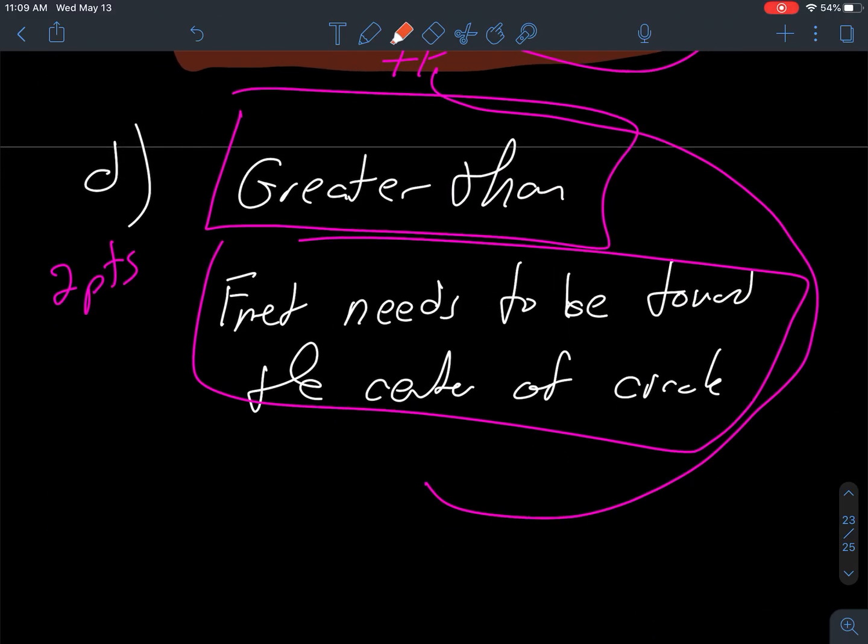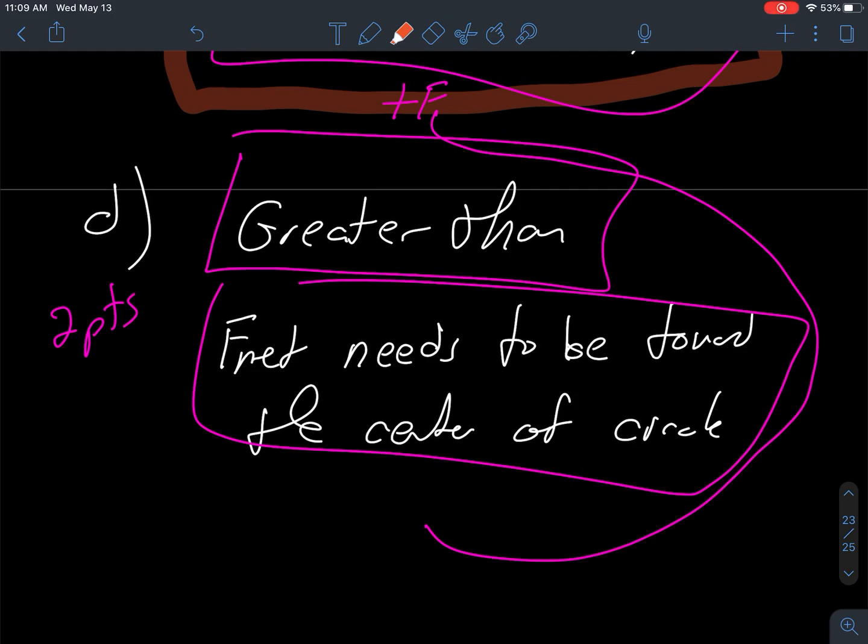And the last part, which was kind of easy if you got the other ones right, is, again, at the lowest point, is the force that the bench exerts on the book greater than, less than, or equal to the weight of the book? And you would have to say greater than, and give an explanation based upon the previous part B2 and C to support your answer. As long as you say greater than, you got a point. And as long as you addressed both of those parts, B2 and C,